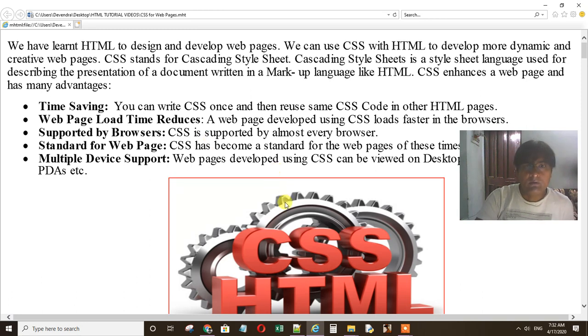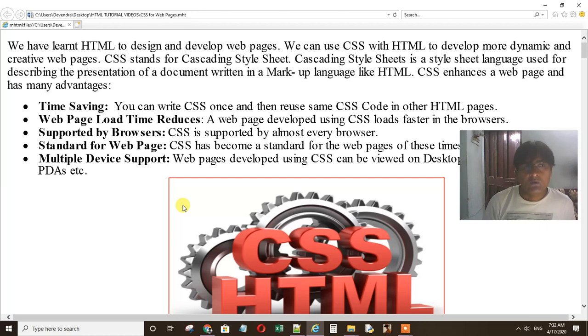We have many advantages with CSS. It is time saving: you can write a CSS code once, and you can use it as many times as you want. If you have used CSS in a web page, the web page loads faster. The loading time gets reduced.